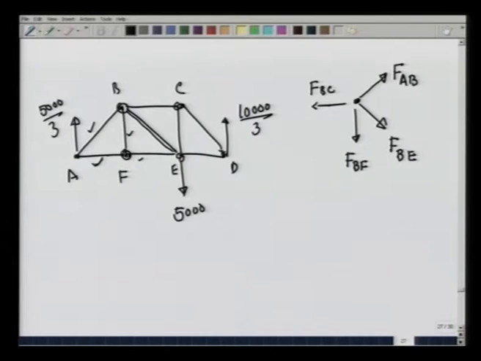Sorry, I said earlier that at point B I can solve, but no, I have 1 known and 3 unknowns. Equations are only 2. So, for point B I cannot solve, but certainly point F I can solve, because at point